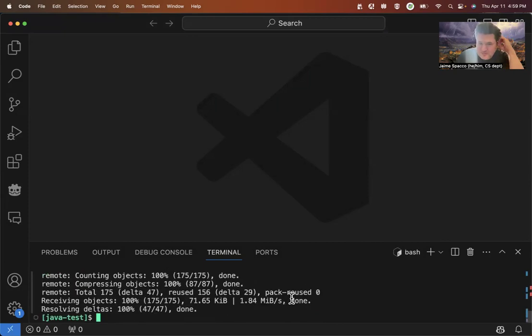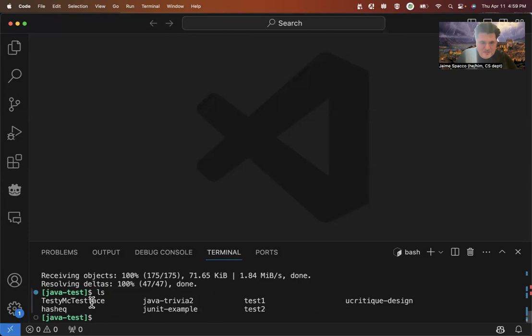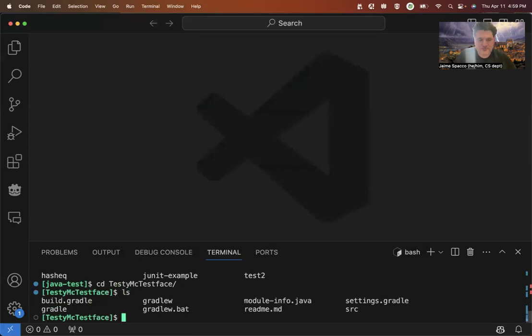Now, if you watch what this does, blah, blah, blah. Now, if I look, there it is, Testy McTestface. So I've gone ahead and got it in there. If I want to go into Testy McTestface, you can see it's in here. Now, if I want to open this project with VS Code,